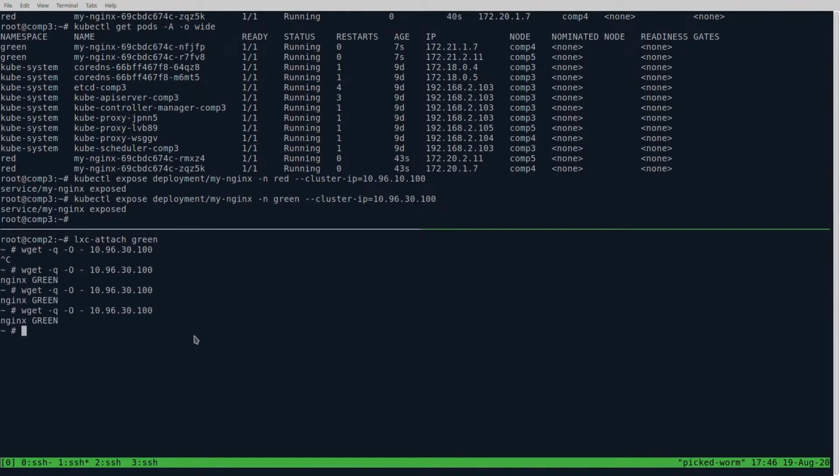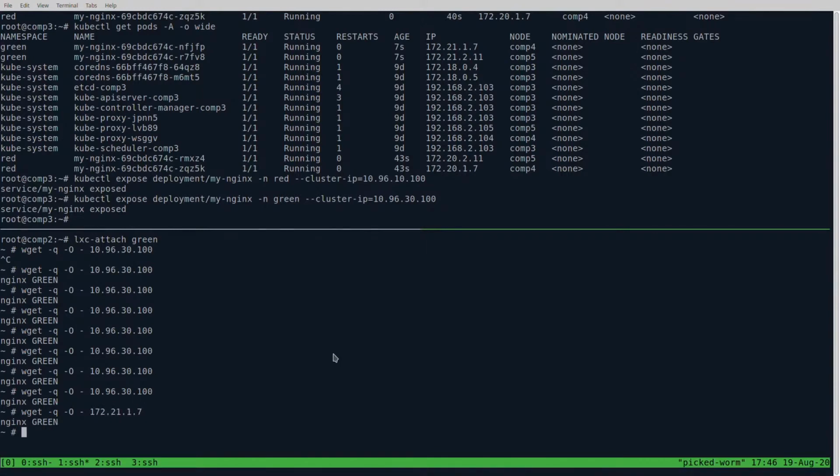It took some time, but we can see that we have communication. We can even have communication directly from the container to the pod placed in the namespace green. Yes, it was successful.